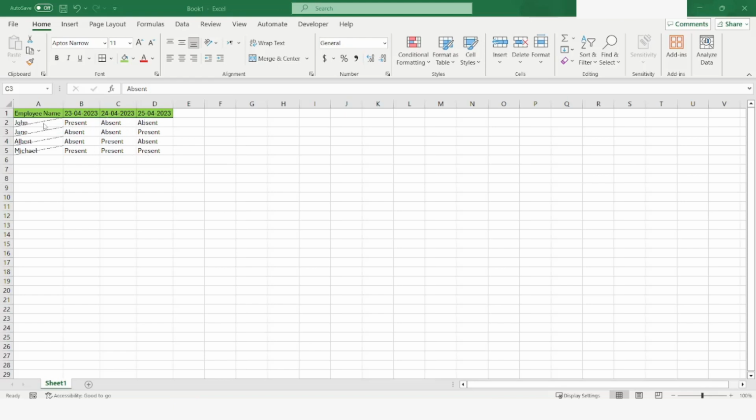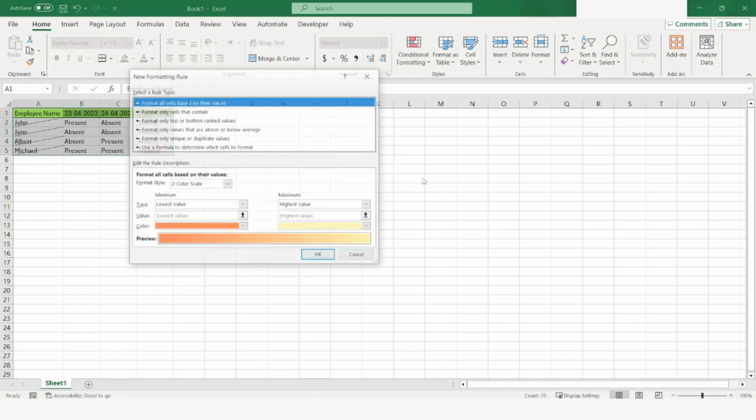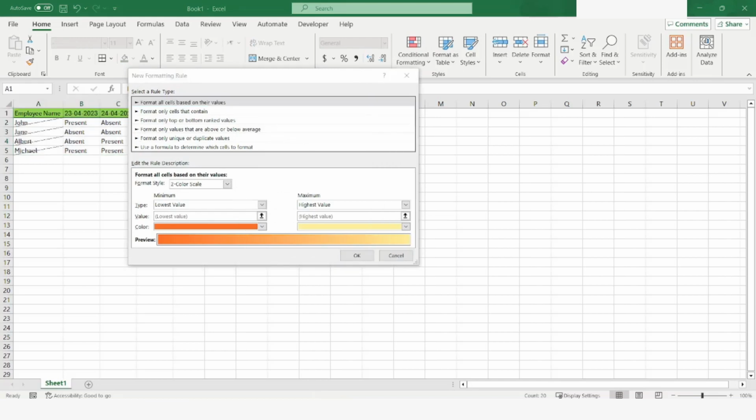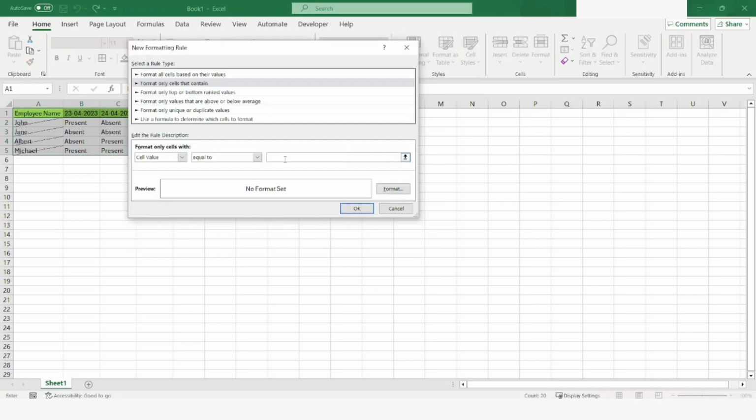Let's say I want to highlight all the present employees. For that, what I can do is I will highlight this area, then go to conditional formatting, then click on new rule, and from here I will choose format only cells that contain, and in the cell value I will choose it as equal to. Here I will enter present,